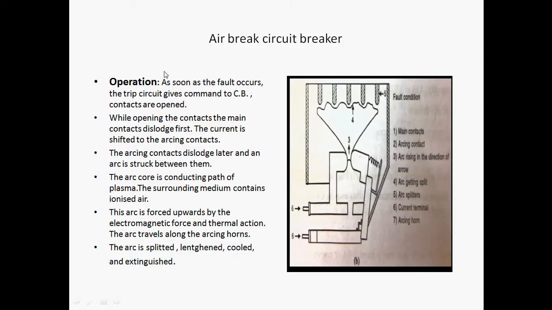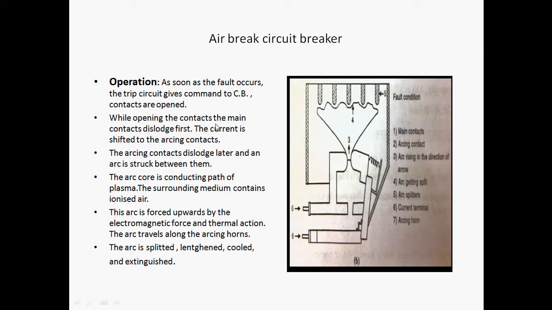Now we see the operation of the air brake circuit breaker. As soon as the fault occurs, the trip circuit gives a command to the circuit breaker contacts to open. When the command reaches the circuit breaker, these two contacts open.